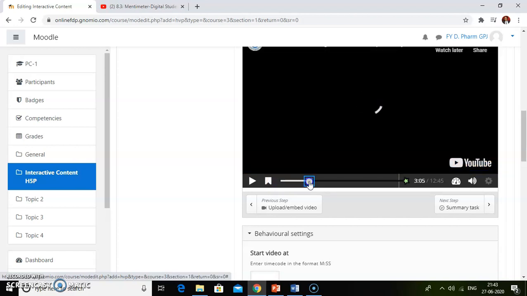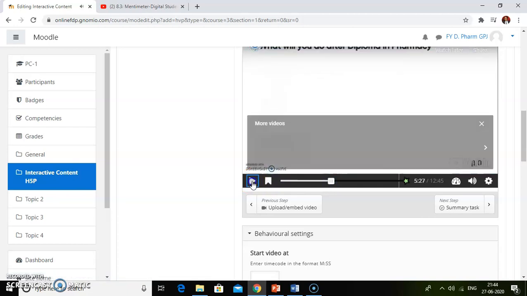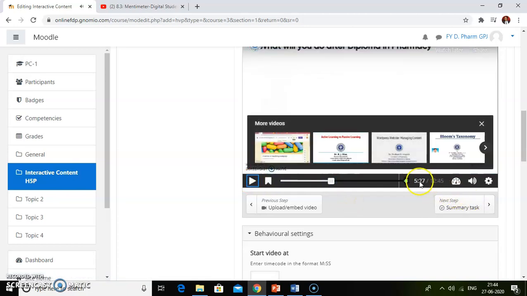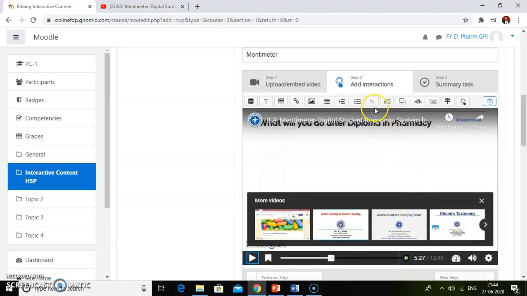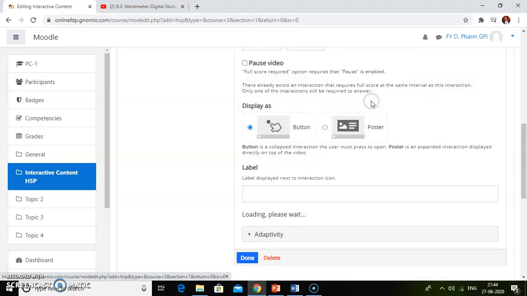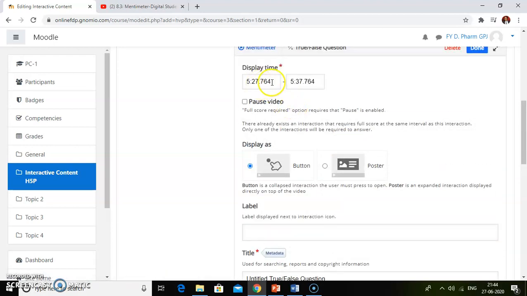Suppose I want to add an interaction at this point, I will just select a timestamp and then click on the true and false button. So here the timestamps will come, and I will select 1 second time to display this activity.